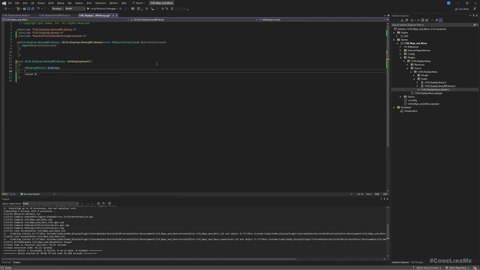So FDisplayMatrix, RebuildDisplayMatrix, and pass displays point. Okay, now we can return